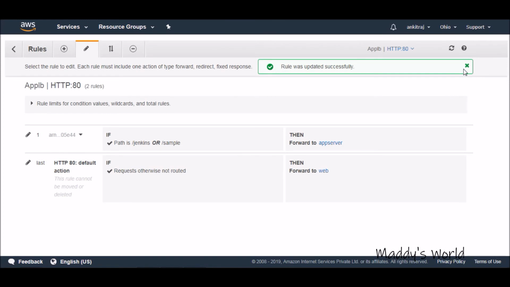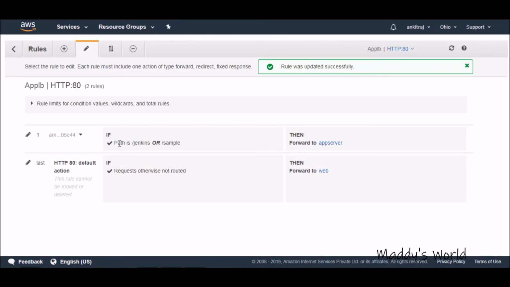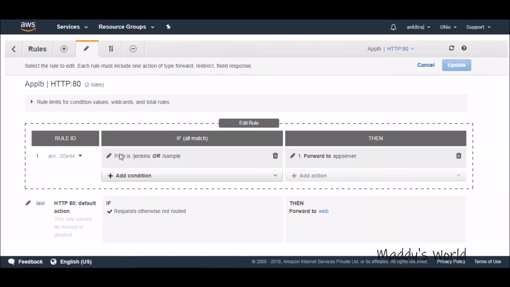Let's update this. Right, so the rule has been updated again. So again, let's see, I do Jenkins. This is not working. Let's try with sample, if this works. It says 404. Let's go back again and edit these rules.